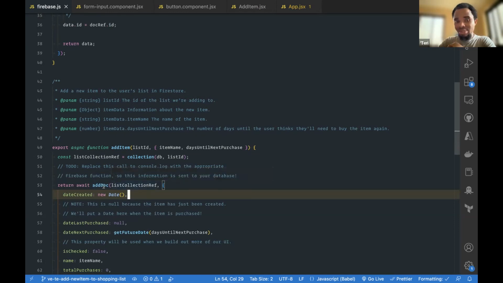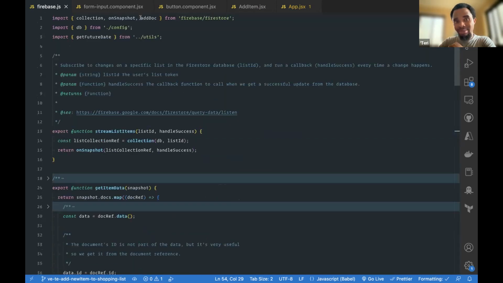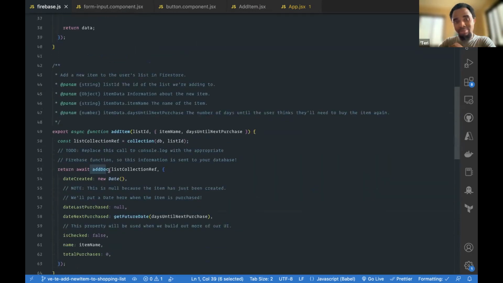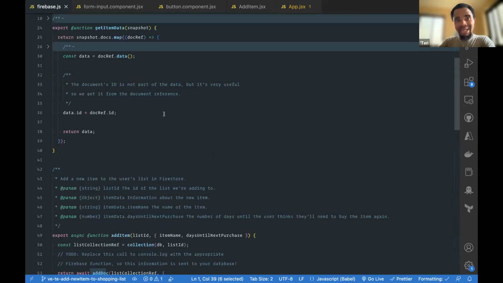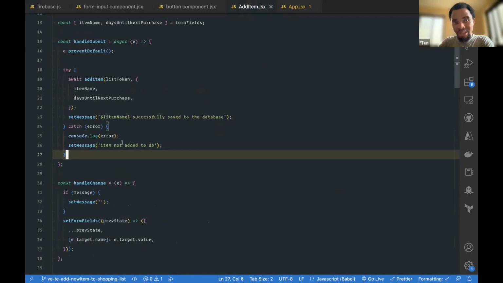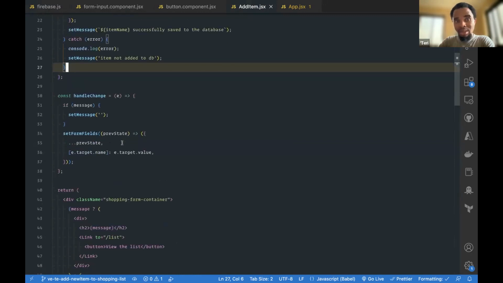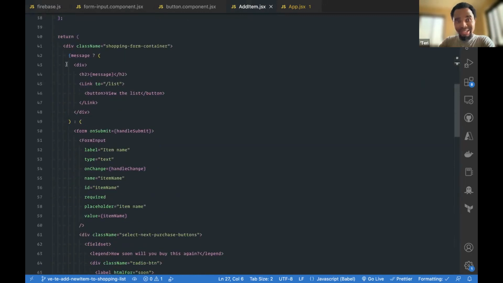So this was what I actually imported, this function here, which would allow me to connect to the Firestore database using my collection, which is the database, and the list ID. On doing this, I went back to the add item component, and I wrote all these functions, all this JSX, which is